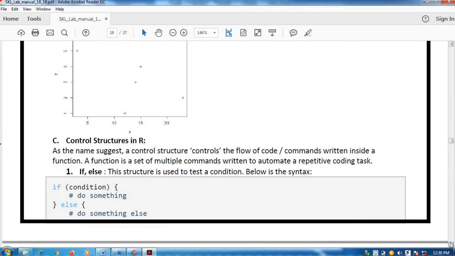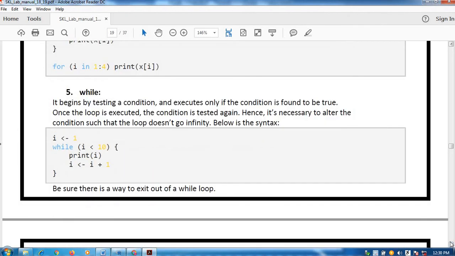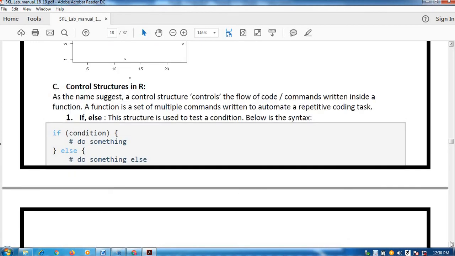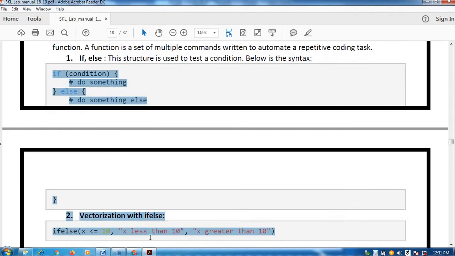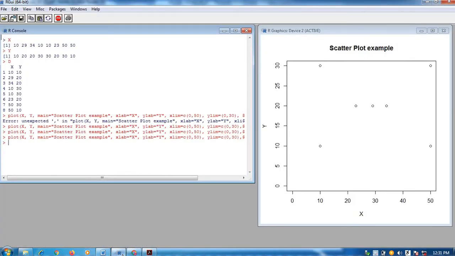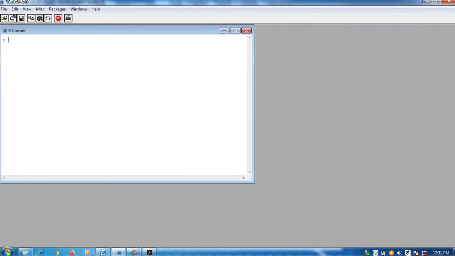Here again I am copying this structure and then we will try some examples. So the very first syntax is what? If condition, do something, like this. So this is the syntax. I'm just clearing everything now because we are moving to a new programming concept.